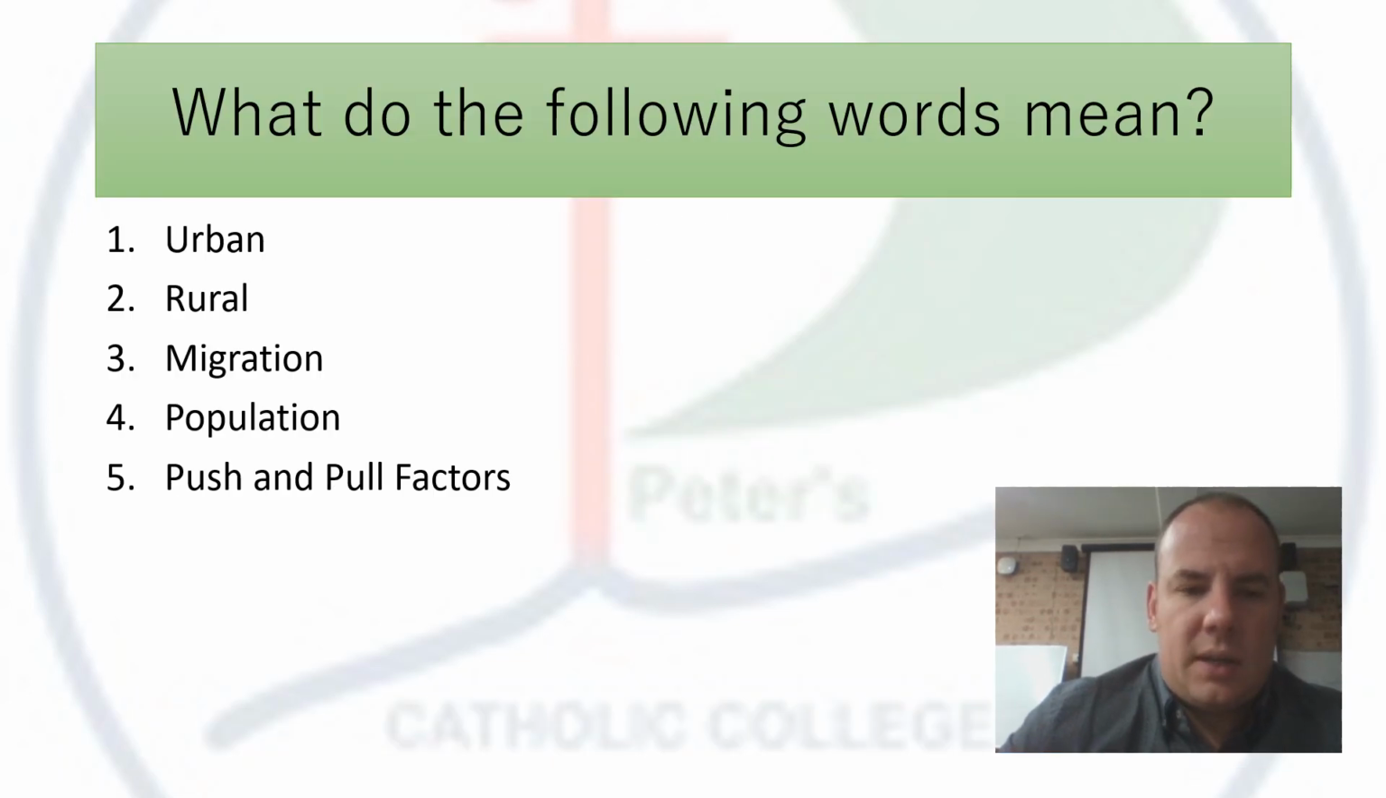So let's have a look at some of those key words and try and understand what they mean. Urban is a built-up area. An area basically that has lots of buildings, infrastructure, services, basically another word for cities and towns. Rural is the countryside. There's few buildings, few infrastructure, few services. Migration is just a movement of people. Population is just the number of people, and push and pull factors are reasons why people leave and go to